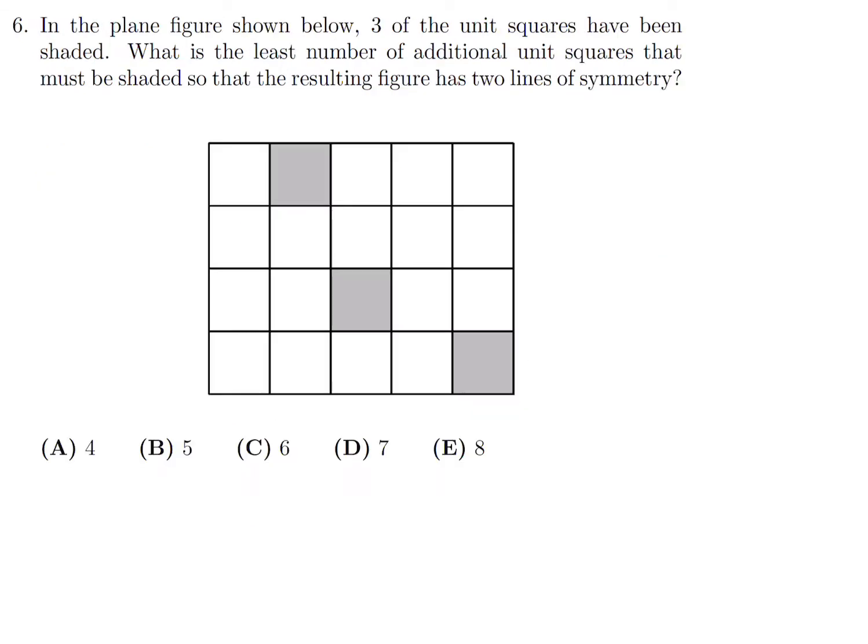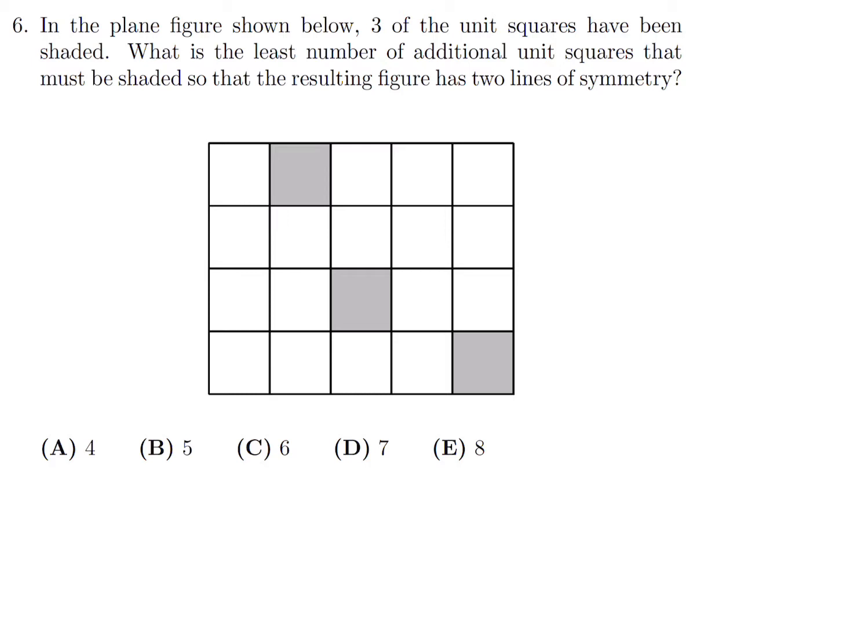In the plane figure below, 3 of the unit squares have been shaded. What is the least number of additional unit squares that must be shaded so that the resulting figure has 2 lines of symmetry? Well, one thing I notice is that this is not a perfect square. It's a 1, 2, 3, 4, 5 by 4. So the diagonals will not give symmetry. So if it was like 4 by 4, 5 by 5, then diagonals would give symmetry,